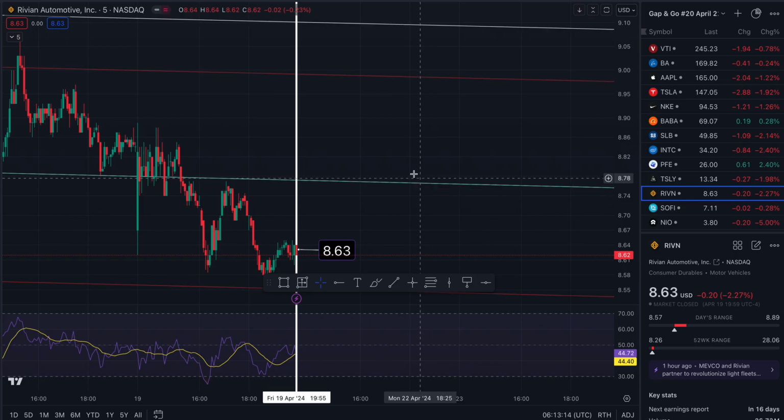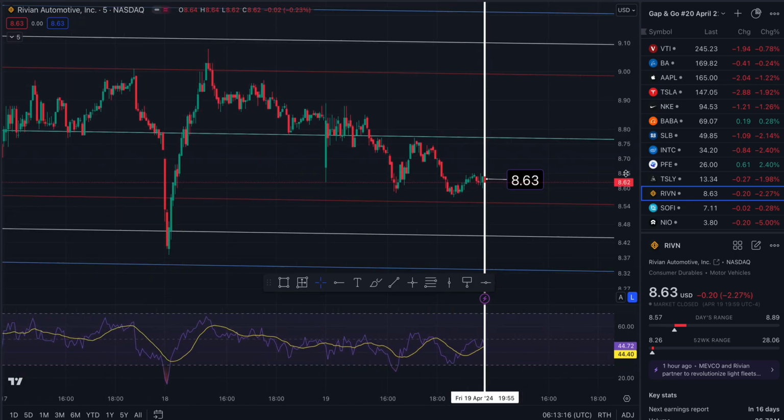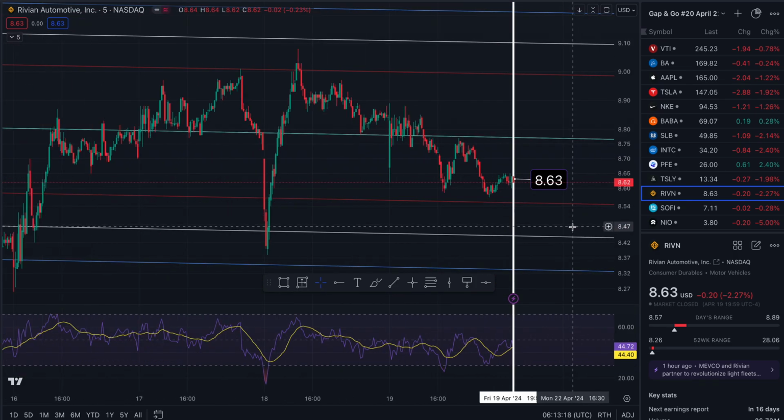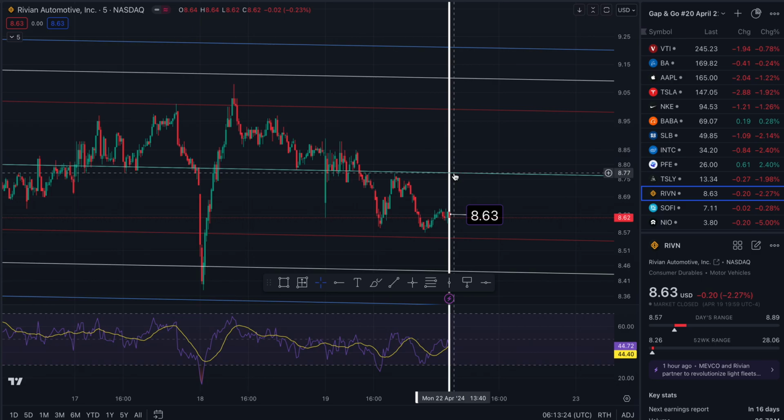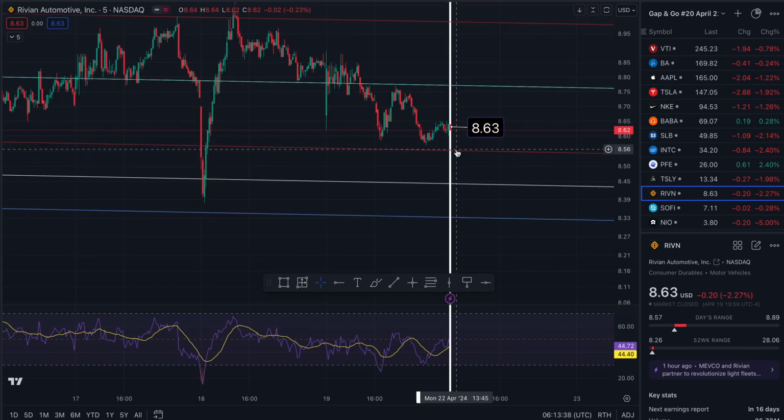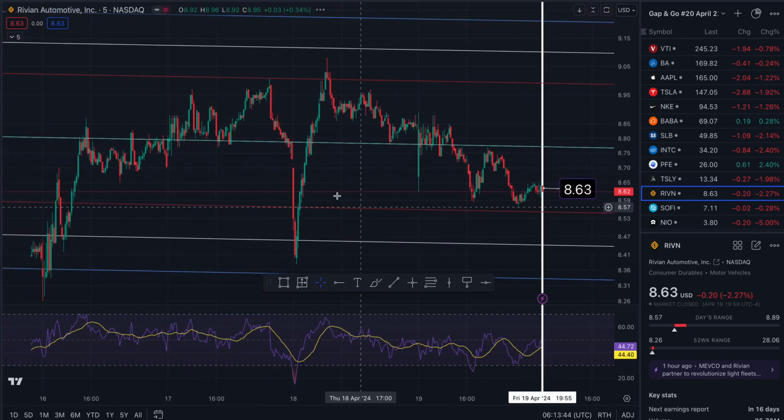Rivn, 8.63 is where we ended for the week, down 2.27%. Back to the middle of the trend, 8.77, resistance, at least one level of it, 8.99, 9.10, 9.21, 8.55, 8.44, and 8.33. This gap